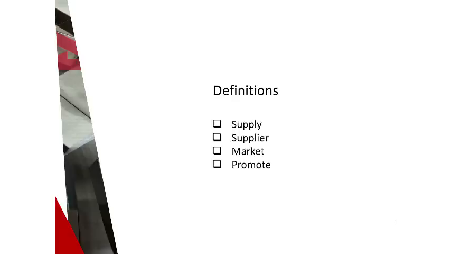Some definitions with regards to consumer protection. Supply means, in relation to the sale of goods and services, the sale, rent, exchange, and hire in the ordinary course of business for consideration. That ordinary course of business is the key concept in the Consumer Protection Act. Then a supplier is a person who markets any goods or services, and suppliers in the property industry would be property developers, estate agents, because you are also marketing and supplying a service, and of course us conveyancers, because we are supplying legal services.